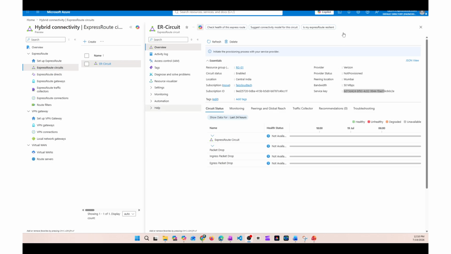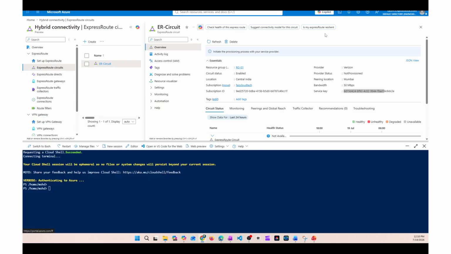All right, so now since we do not want to be billed for this, we'll simply go ahead and delete this, deprovision the ExpressRoute circuit. When it comes to deletion or deprovisioning the ExpressRoute circuit, this is an important task and should always be performed very carefully. Before you touch the deletion, make sure to verify all dependent connections have been removed, as a circuit cannot be deleted while resources are still attached to it. And make sure to coordinate with the connectivity provider to ensure the provider deactivates their side of the connection,